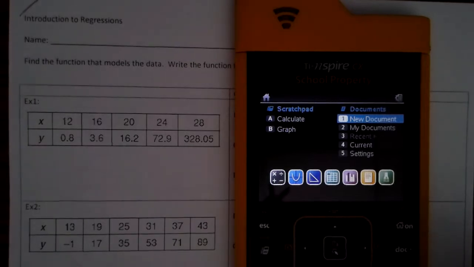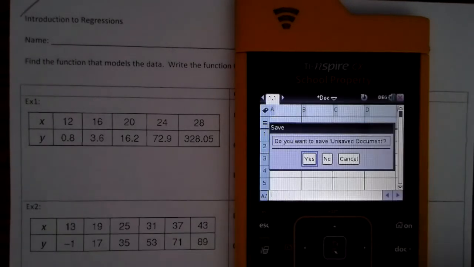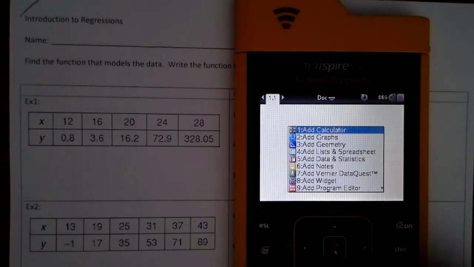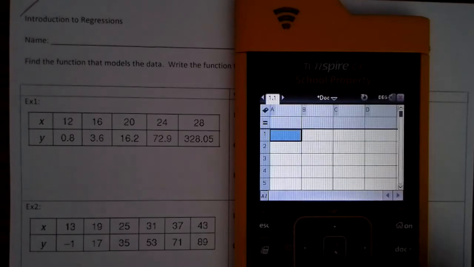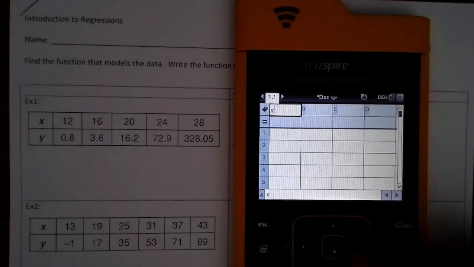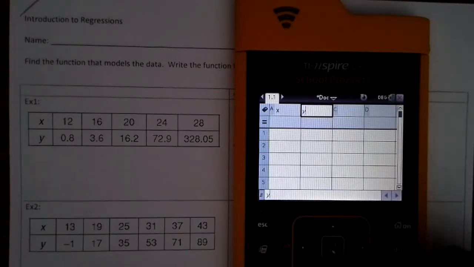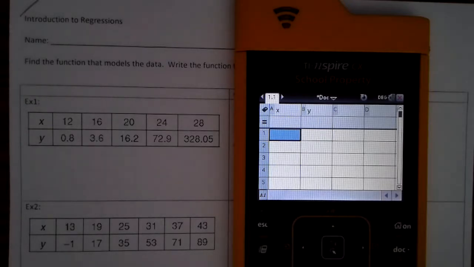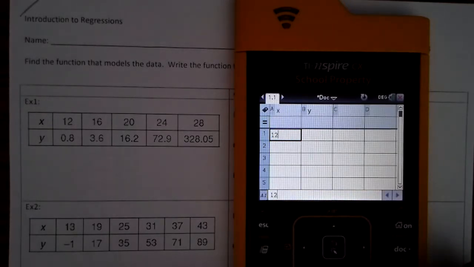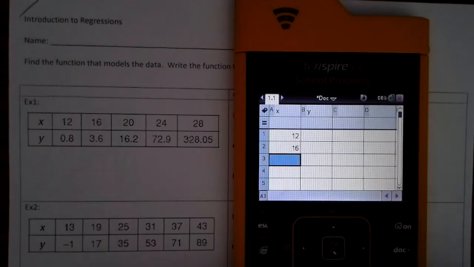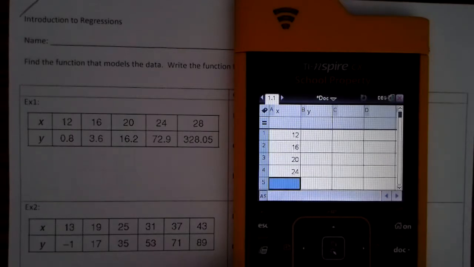So I'm going to press the On button and select 1, New Document. And then I want to say No. Then we're going to go to number 4, Add List in Spreadsheets. X and Y, just like the picture in the notes. And then you're going to fill in the table. So 12, 16, 20, 24, 28,